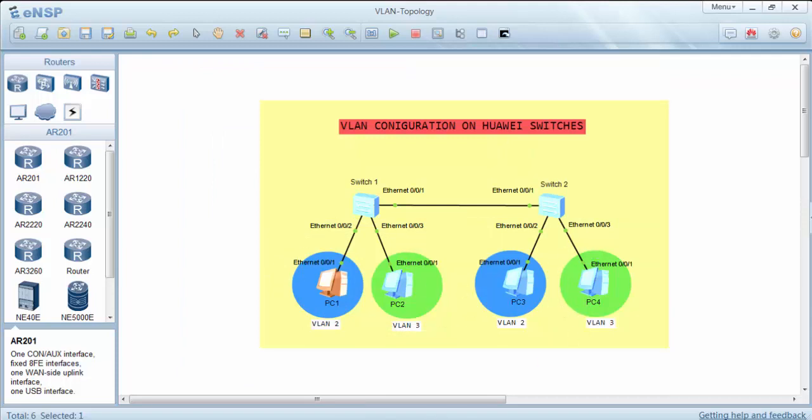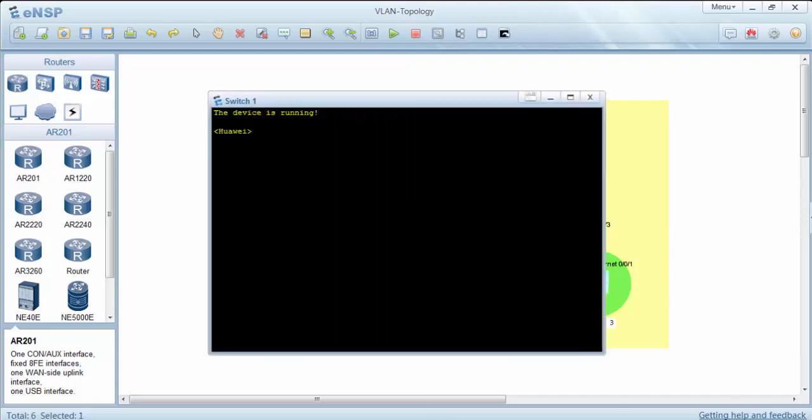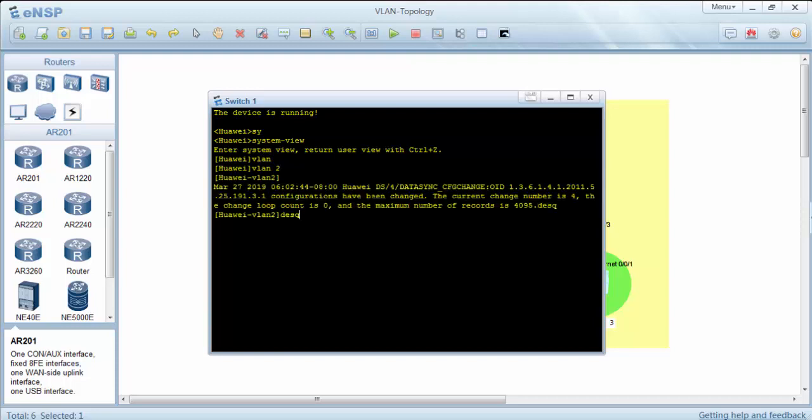Now let's create our VLANs, VLAN 2 and VLAN 3 in switch 1, and we will also give a description to these VLANs. To enter configuration mode, we will use system-view. And VLAN 2,